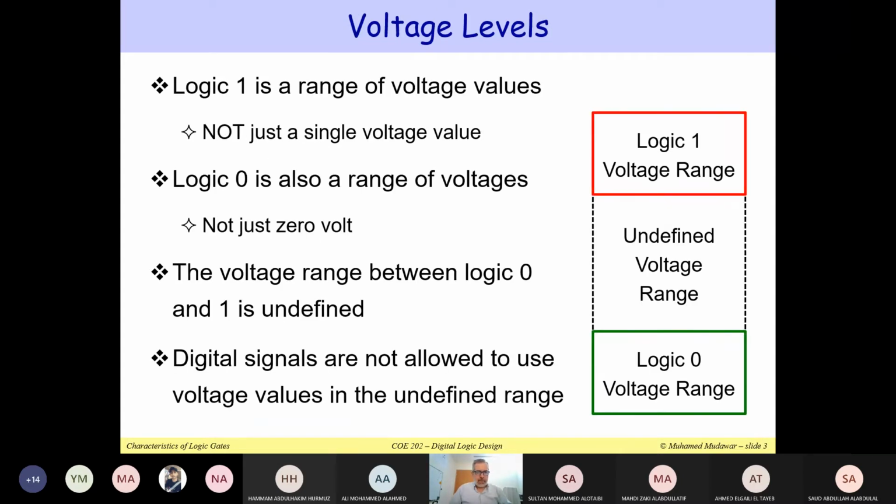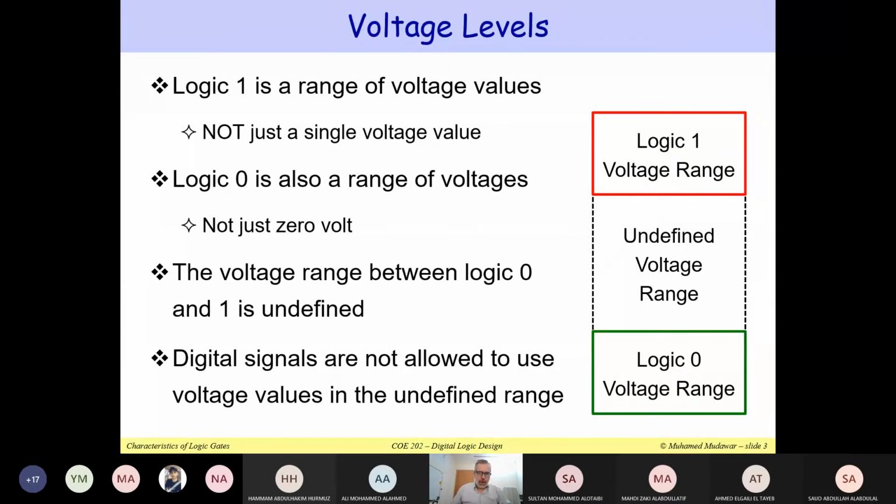Right, remember at the beginning of this semester, I talked about logic 1 and logic 0. So logic 1 electrically is a range of voltage values. For example, you might have logic 1 around 0.7 to 1 volts today. That's the amount of voltage which is needed to turn on, to switch on, let us say, a given transistor inside the circuit, inside the gate. So we need these voltages for the gates, and that's the representation of voltage 1. So it's not just a single voltage value, but a small range of values.